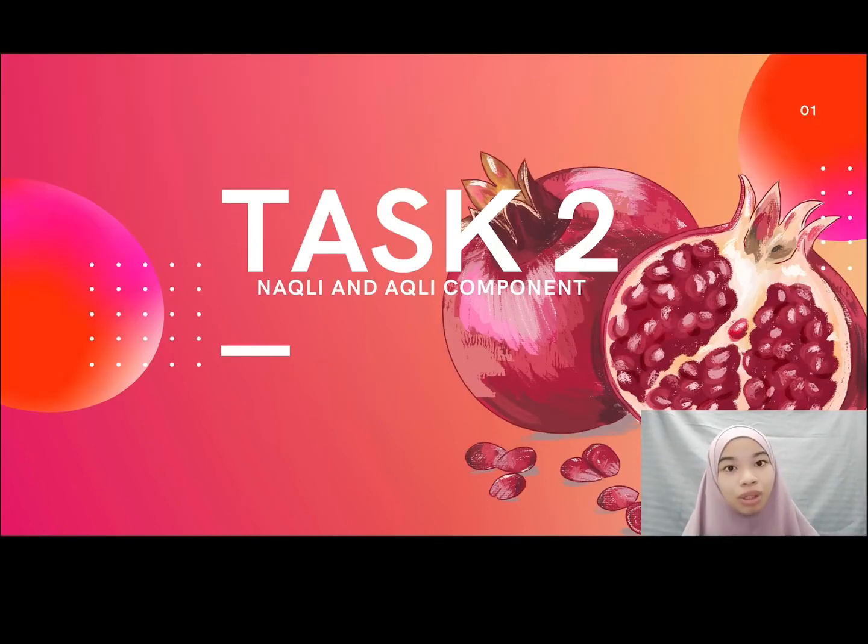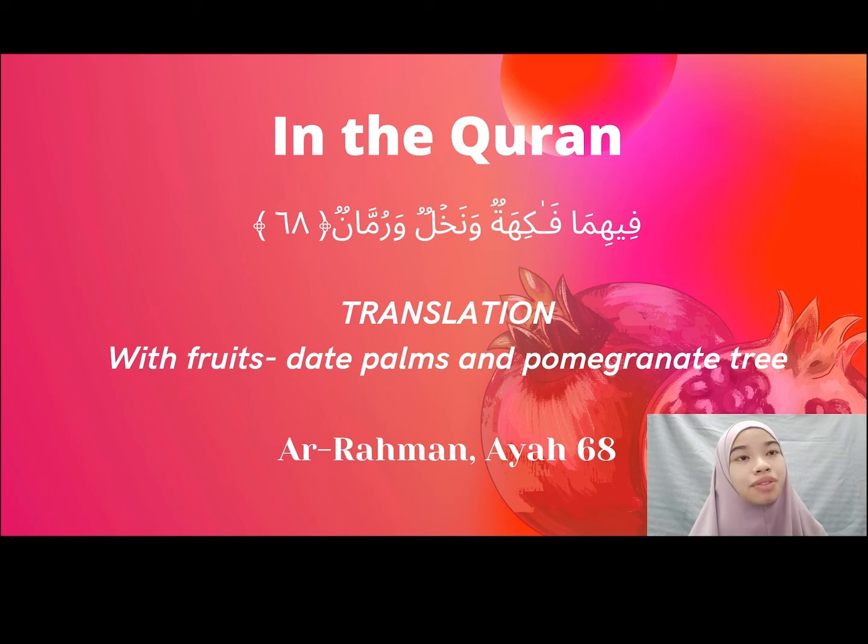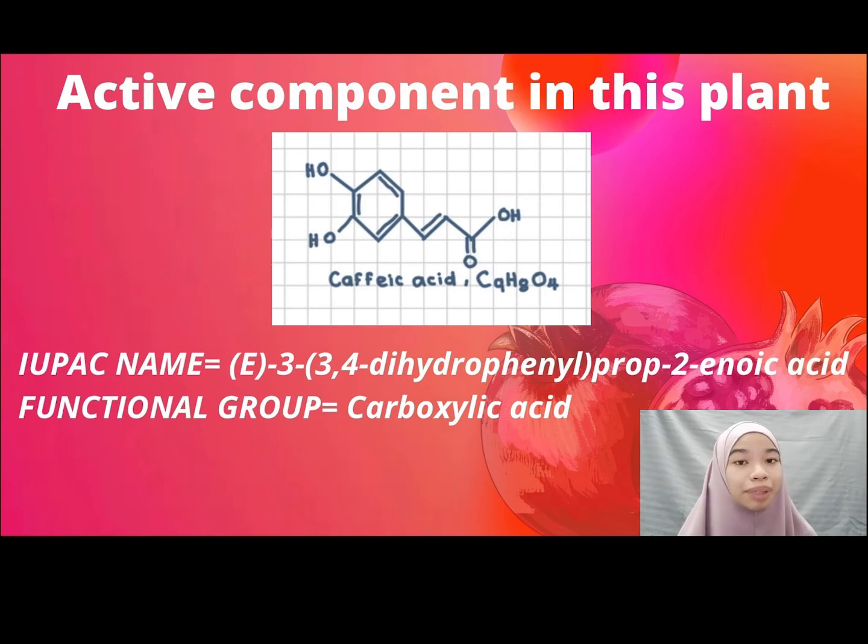Okay, so now we will continue our discussion with task 2, which is nucleic and alkyl component. So our group has chosen pomegranate as the plant that we will discuss. As stated in the Quran, فيهما فاكهة ونخل ورمان, with translation, in them are fruit, date palms, and pomegranate trees. Surah Ar-Rahman, verse 68. The active component of this plant is caffeic acid